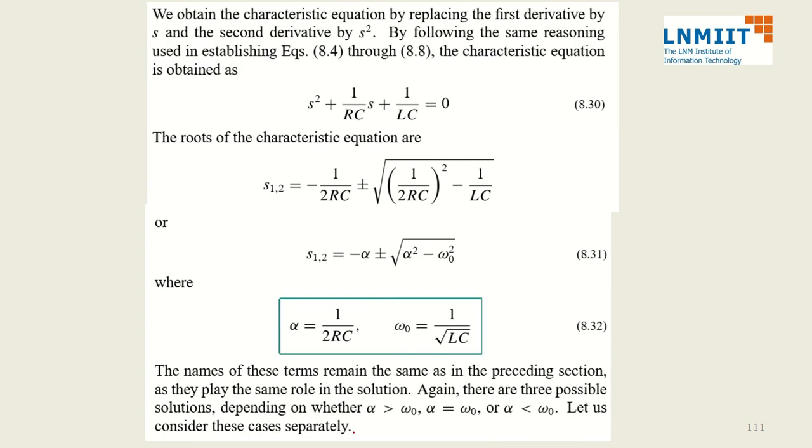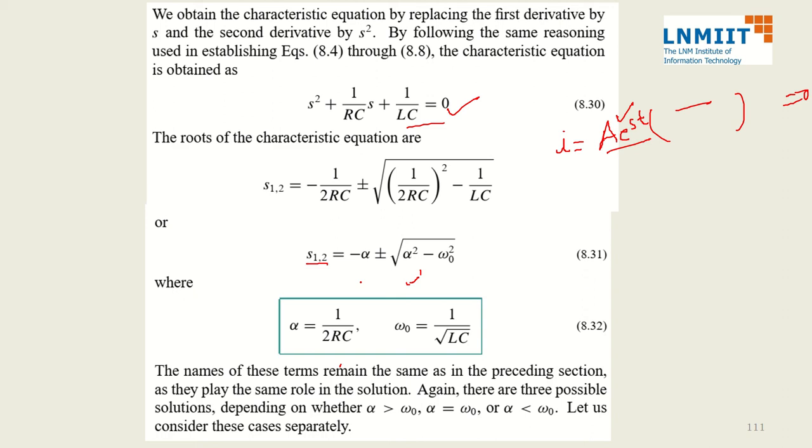Once I get this equation, same thing we are going to repeat. I assume my solution I is equal to A e raised to power st, replace I with this, and I get a product of two terms equal to 0. This one is not 0, so this is 0, and here is the equation, which is again a quadratic in S, which is going to give me two roots S1 and S2.